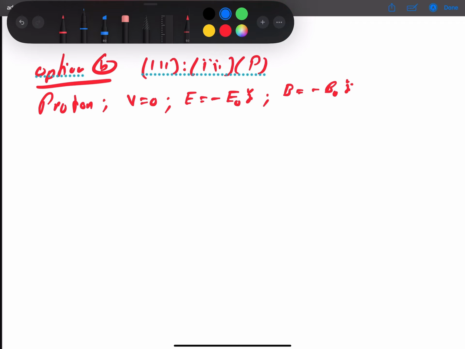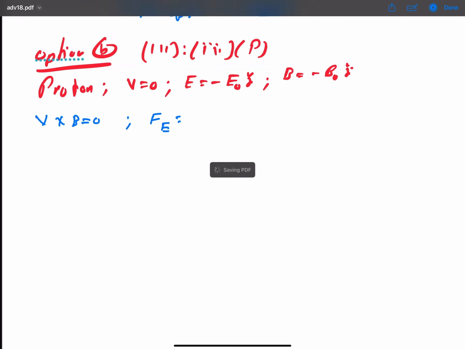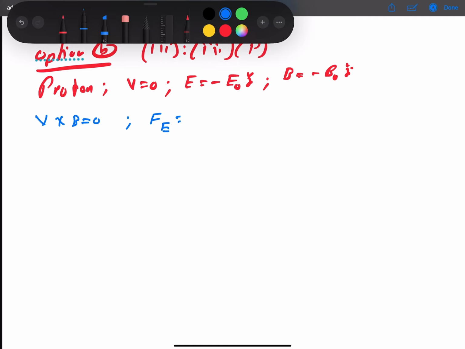So first of all, let us find our V cross B, which is 0, and our electric force will be, we have a proton, so this comes as plus E times minus E naught X unit vector,